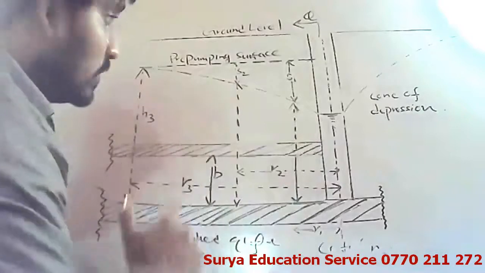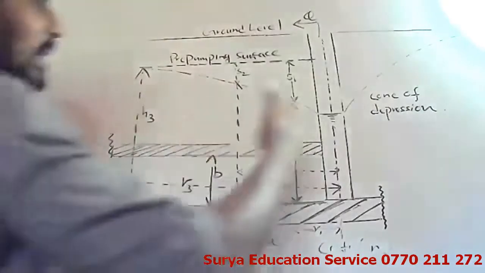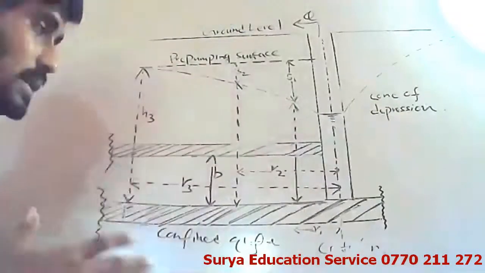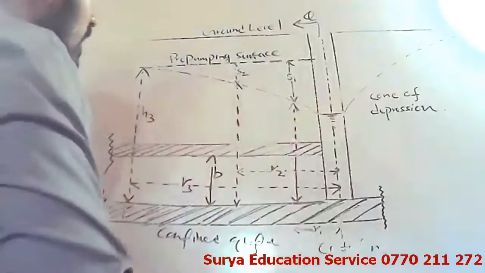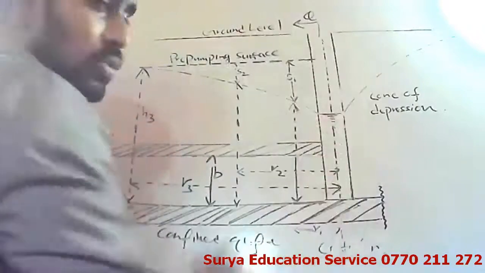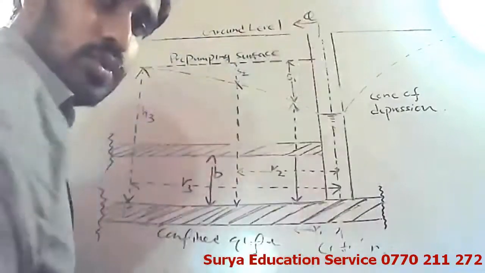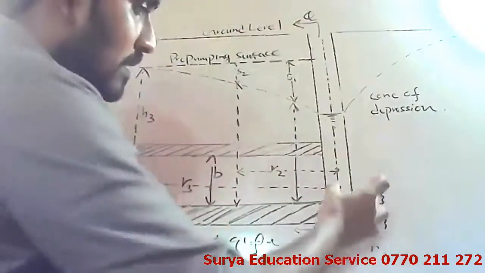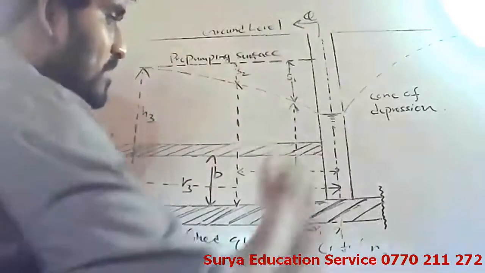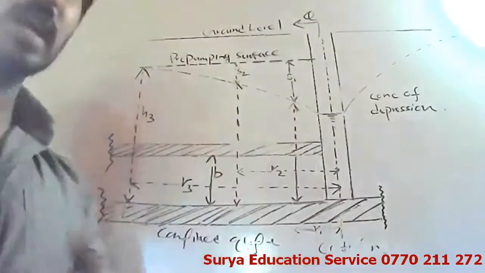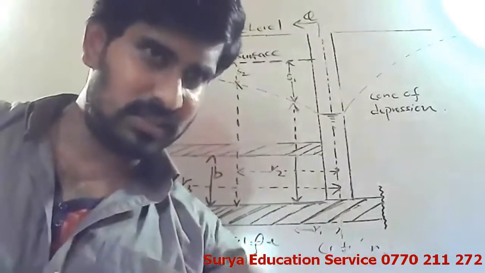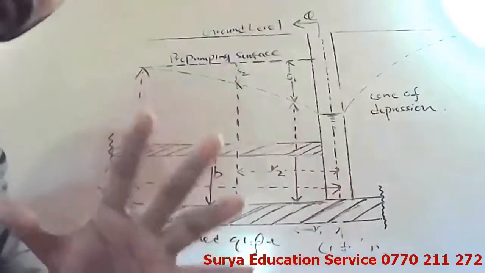So there is a curve. This diagram will also continue on this side, but I sketched the left side only. That is okay. Now here you can see a center line. That center line passes through the center line of the well, because this is the well. Basically, here and also here, there are two observation wells. I will again come to the screen lecture notes. This is just the explanation of the diagram, so don't worry about that.